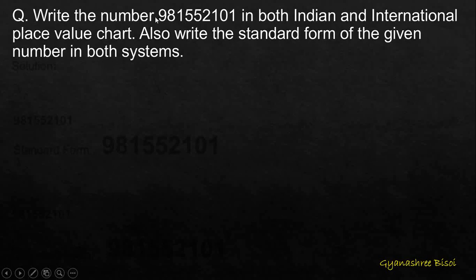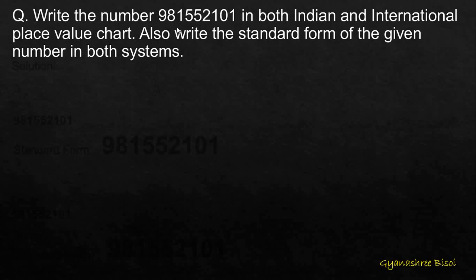See the number which has been given to us. It is not comfortable to read as there is no comma in the given number. To avoid this confusion, we studied two types of place value system. One, the Indian place value system, which is followed in India, Pakistan, Bangladesh. Second is the international place value system, which is followed all over the world. They differ by the way we group the digits.